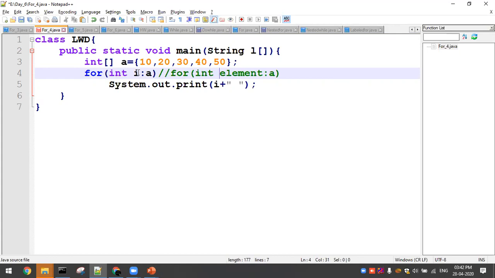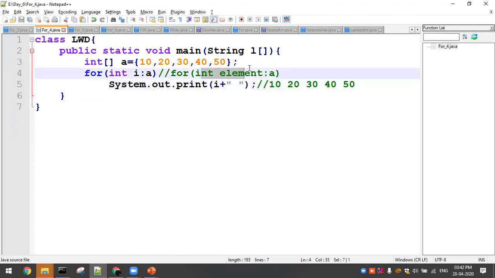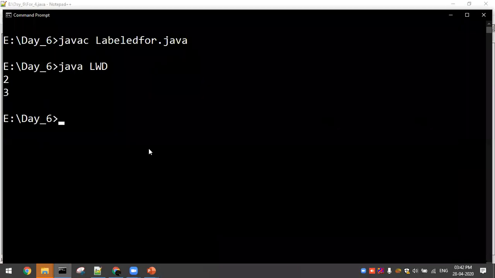First I'm checking the first element. It's not going to start with 0. The first element is going to be the first element there. So it will print the element, 10. It is not going to print 0, 1, 2, 3. So you will get the first element: 0th index, first element; second element, and so on. Instead of this, suppose you have given the value as a of i. In that case, what will happen? That we'll discuss now. For each loop has the type of the element inside the for loop and the container name. In case of stack operations, this is very much important.